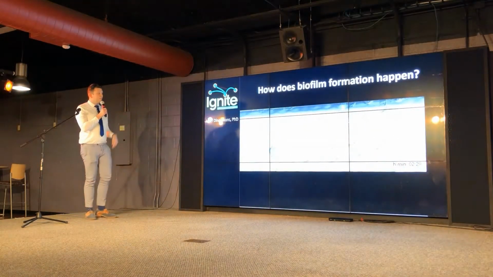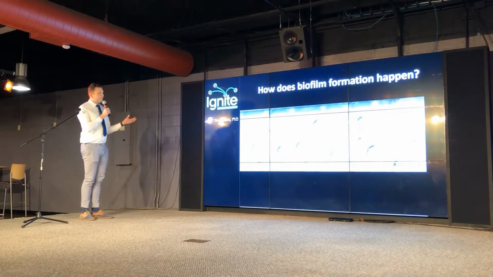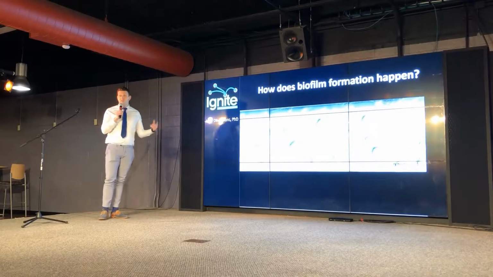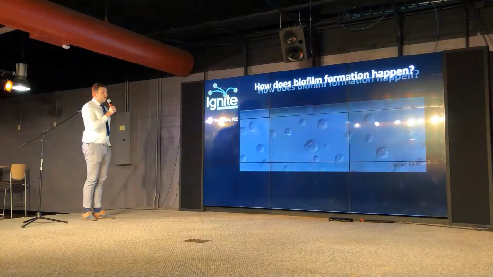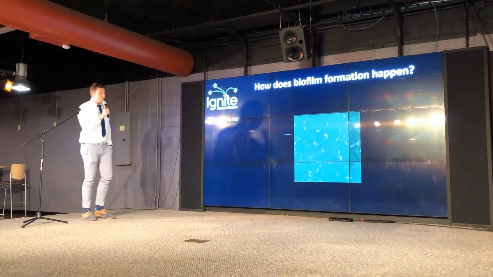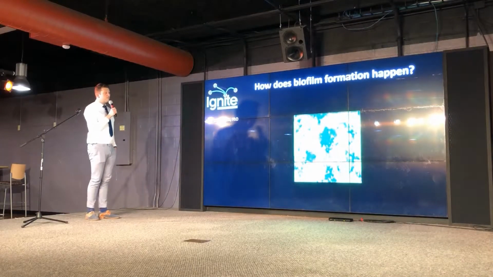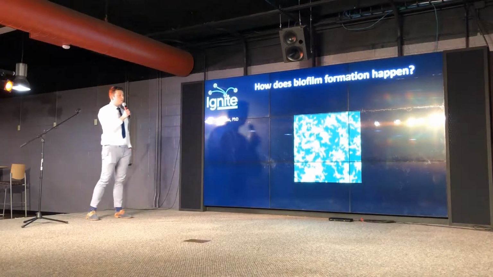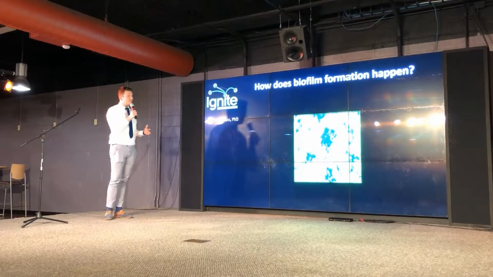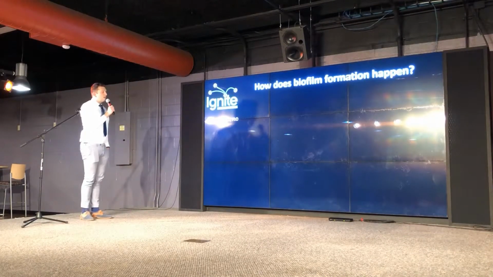So here you see an example of biofilm formation by Xylella fastidiosa, which is a plant pathogen. And you see that single cells quickly will cluster together and form macroscopic structures that you can just see with your naked eyes. Another example is Pseudomonas aeruginosa, which is a nasty opportunistic pathogen that can cause cystic fibrosis. Initially, single cells are dividing on a surface, and they will keep on dividing until the entire surface is covered with biofilms.